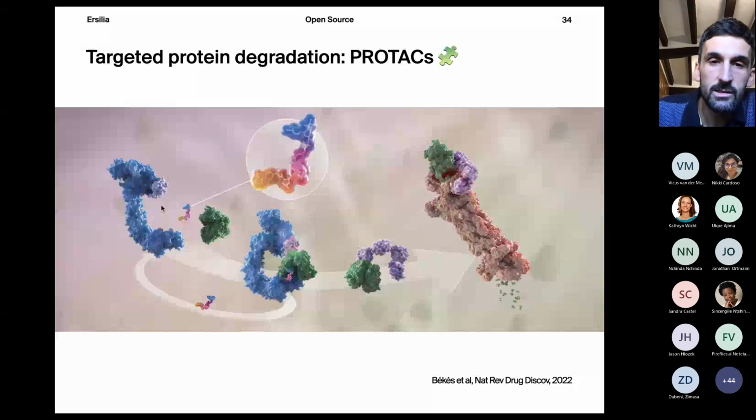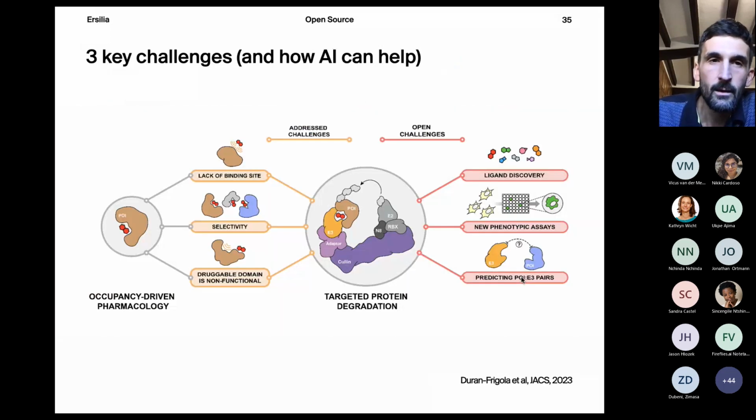And the way this works is with a mechanism like this. This is our PROTAC. It brings together here in green the protein of interest and the degradation machinery. It brings together the E3 ligase with our protein of interest, our protein gets ubiquitinated, and then it's recognized for degradation. This is a very interesting new therapeutic approach. Even if we don't have a lot of clinical evidence yet for its success, it's certainly very interesting in terms of expanding the druggable genome.